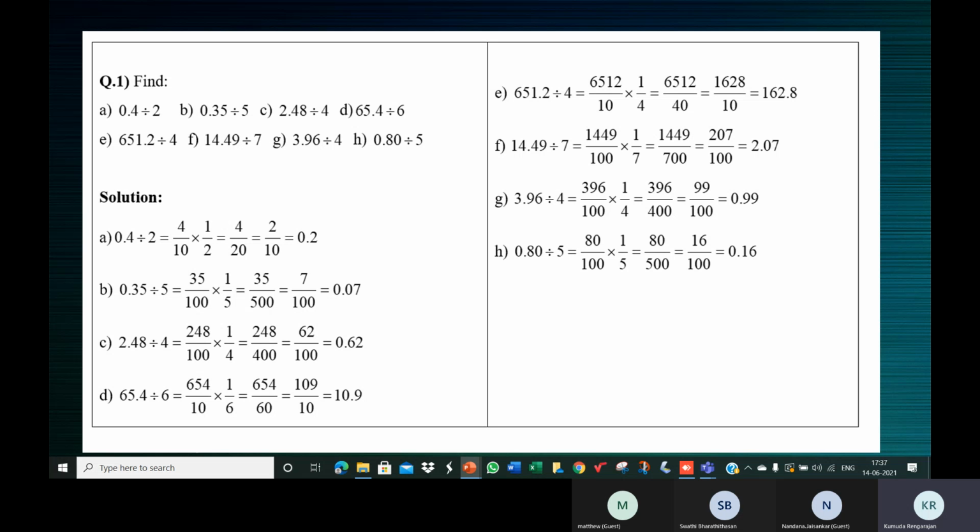We didn't do exercise 2.7, right? We only did 2.6, correct? Last class we did only multiplication, right? Did we do division this class? No, ma'am. Only multiplication. All right.